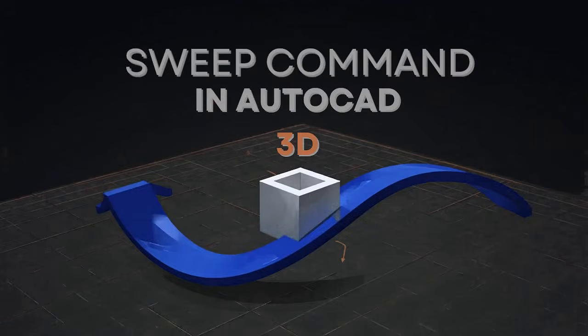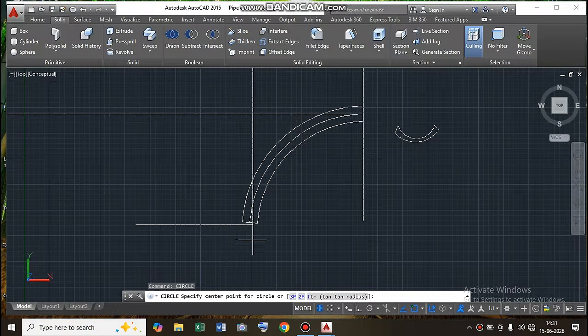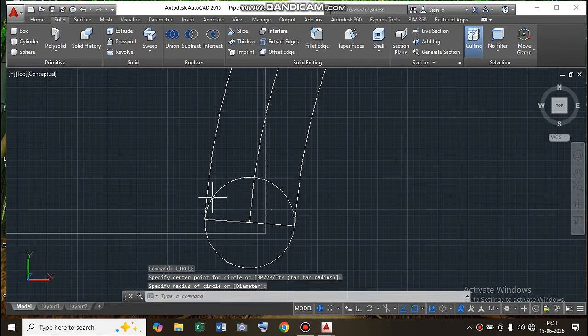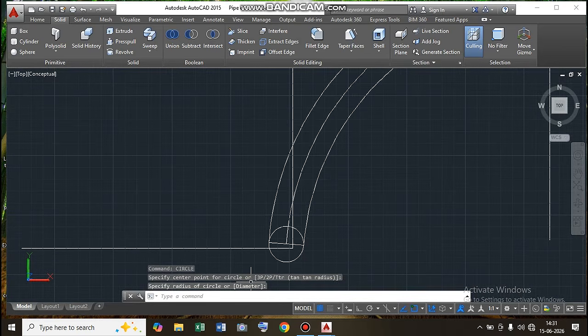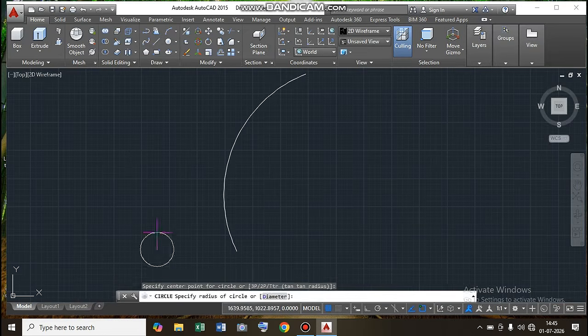Friends, the sweep command in AutoCAD creates 3D solids or surfaces by moving a 2D profile along a specified path. Now